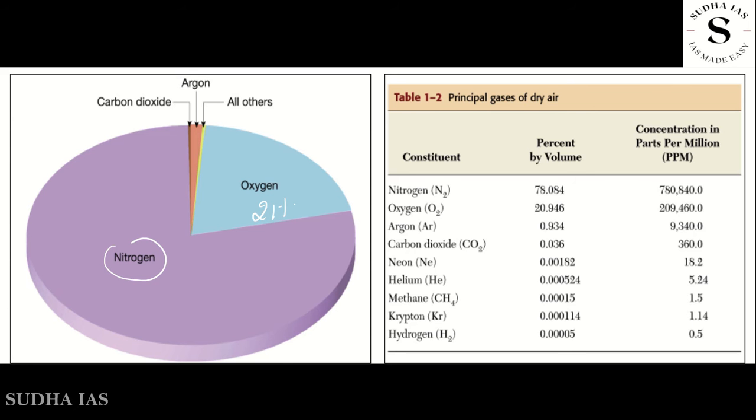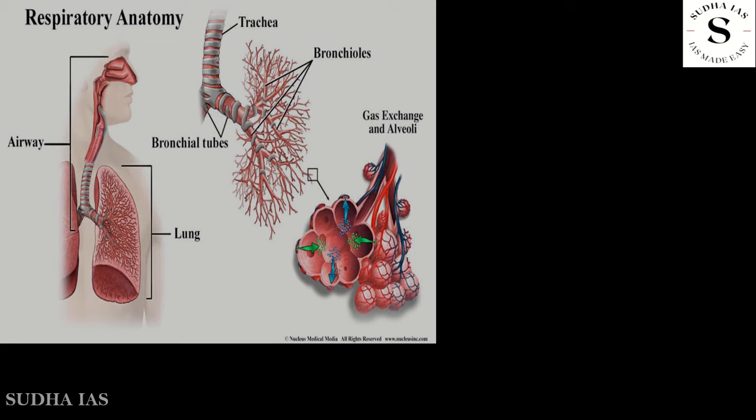When you inhale, that is, when you breathe in, air enters your lungs, and oxygen from the air moves from your lungs to your blood. At the same time, carbon dioxide, which is a waste gas brought from different parts of the body, moves from your blood to the lungs and is exhaled. That is when you breathe out. This process is essential to life.